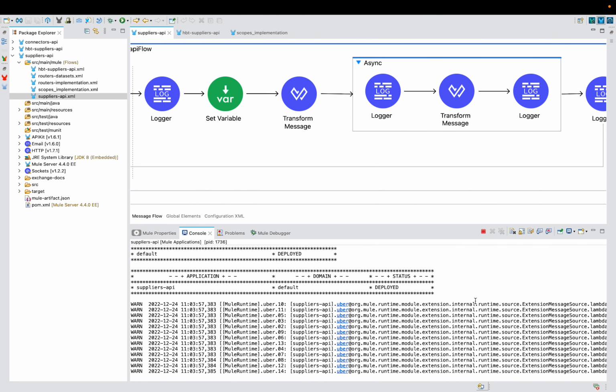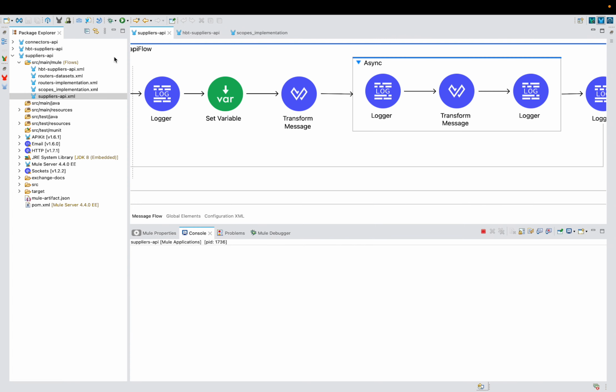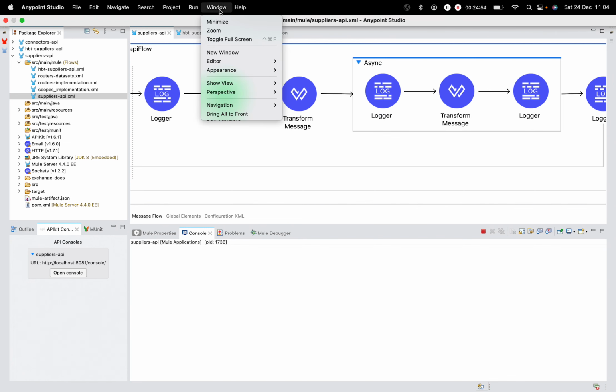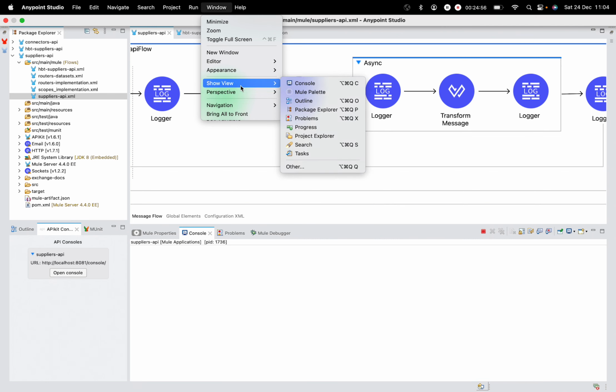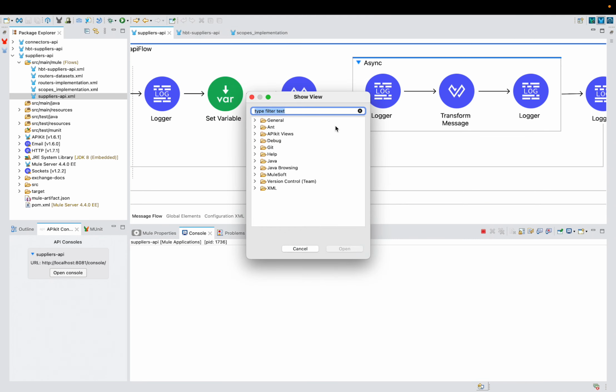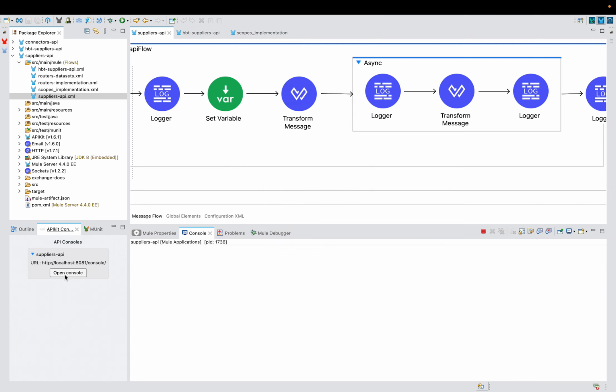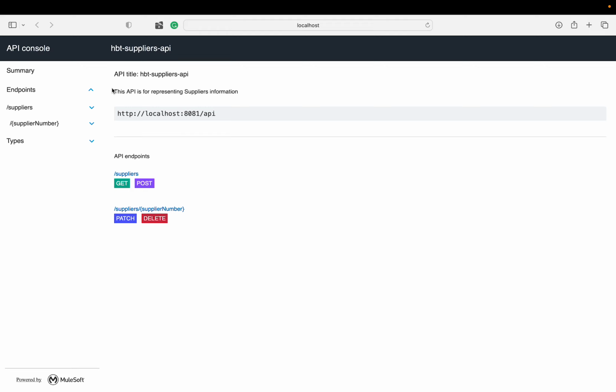Once the application is deployed, clear the console, and we can also see one more configuration, the API kit console. You can add the API kit console if it is not available already. Go to Window and then Show View. From here add an API kit console, and from here open console. Whenever you click on open console, it opens in the browser, and here we can verify